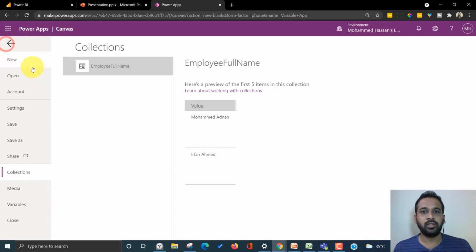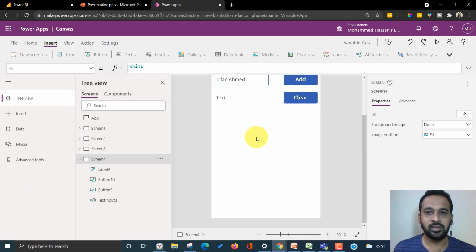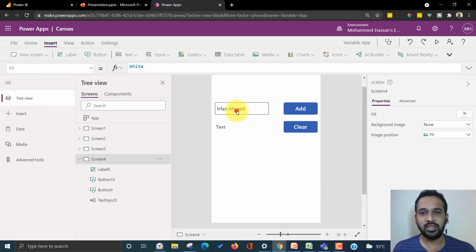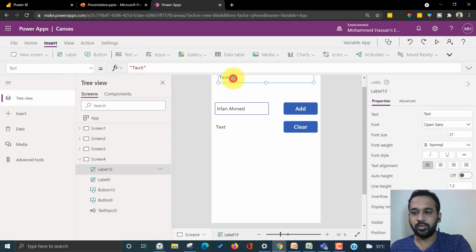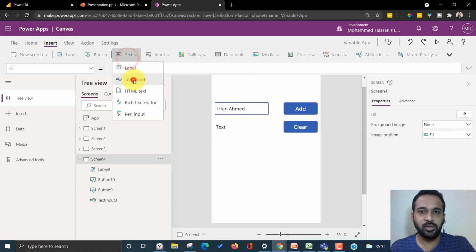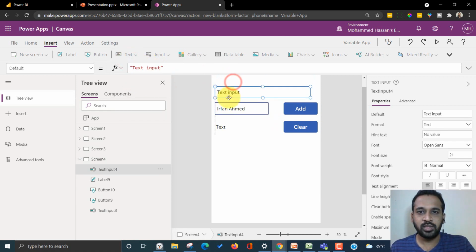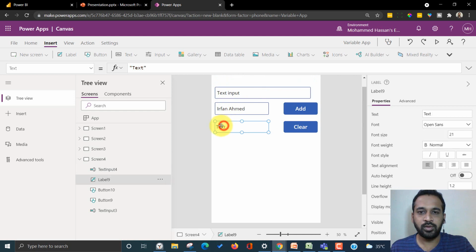So go back here. Now the thing is, if you want to pass multiple values, then this is text box input 1, and let's add one more thing. It has to be a text box, right? So text box input 1. So this is basically, I want to remove this.